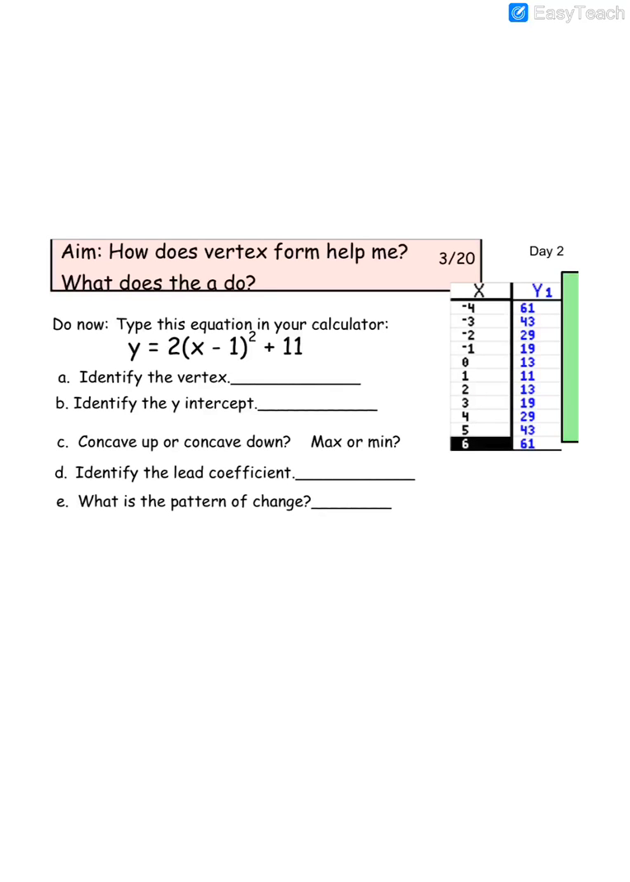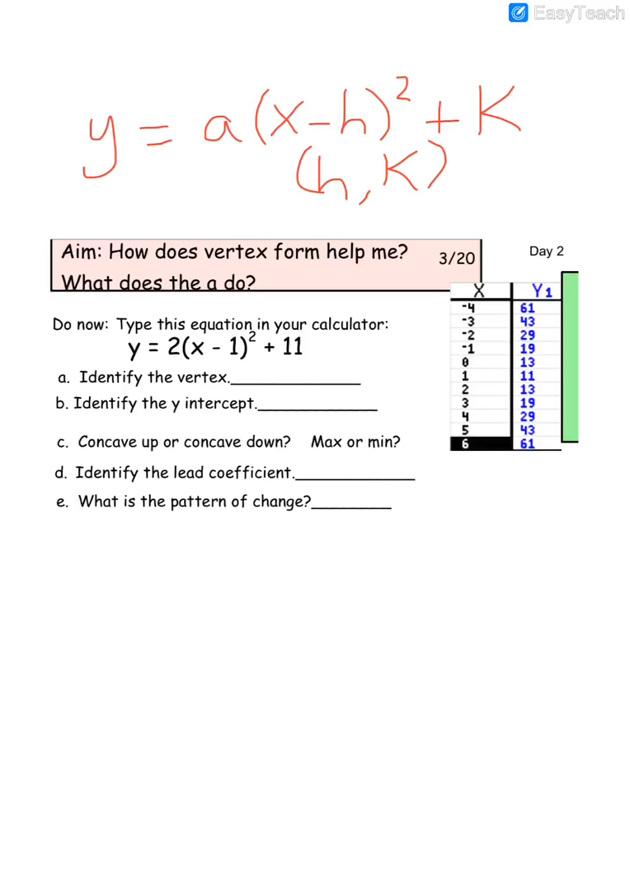Good morning. I'm going to do my lesson on Vertex Form Day 2. How does Vertex Form help me? What does the A do? Okay, so hopefully you remember from the last lesson that Vertex Form looks like the following. I'm just going to write it right above here so that you can see. It's y equals A(x minus h) squared plus k, and